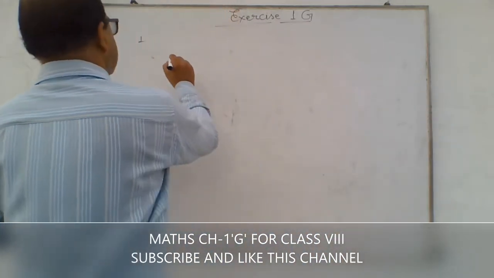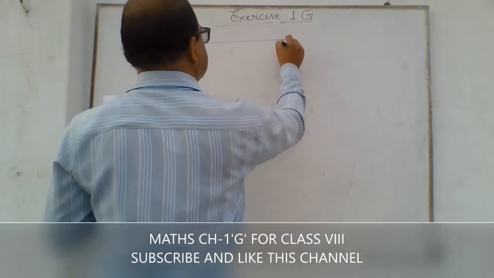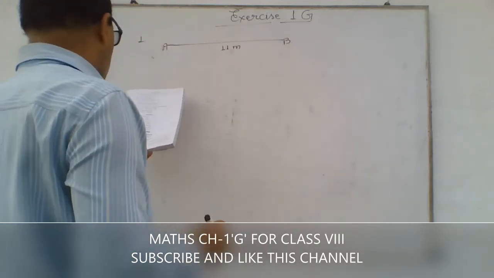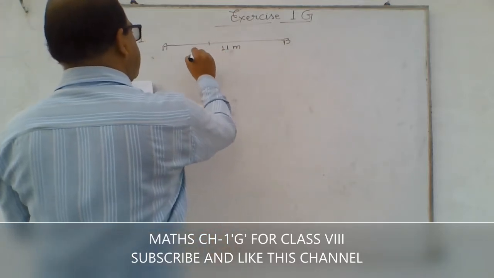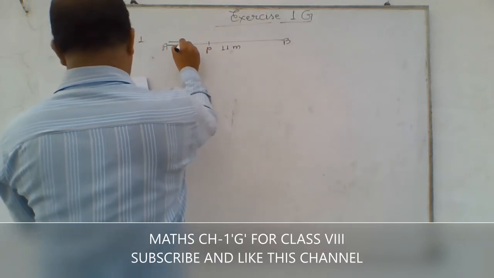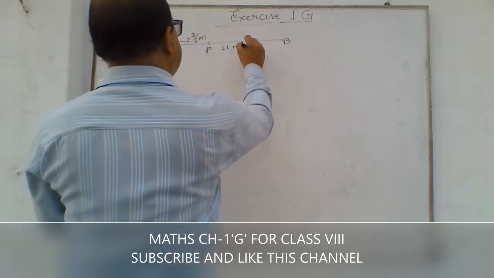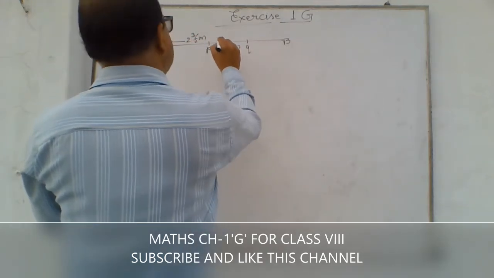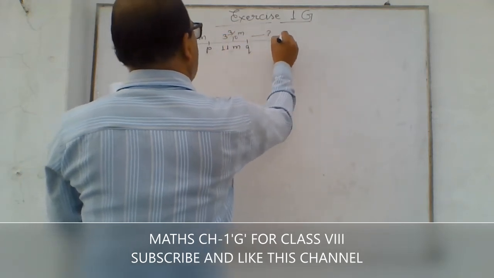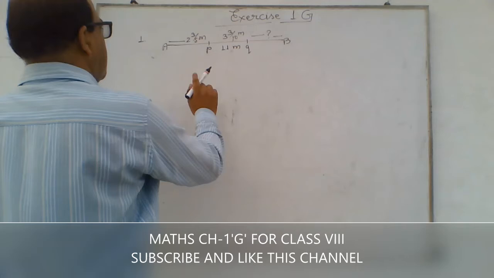See here, this rope is 11 meter. Suppose A and B is the rope, and the total length of this rope is 11 meter. One part is cut here at P. The length of AP is 2 whole 3 by 5 meter, and the other part PQ is 3 whole 3 by 10 meter. So what is the length of the remaining QB? Very simple. So the solution,